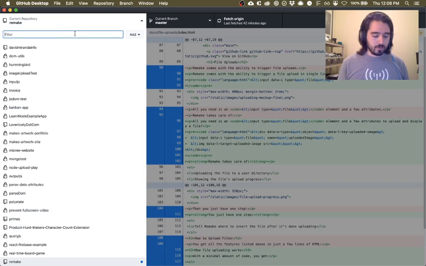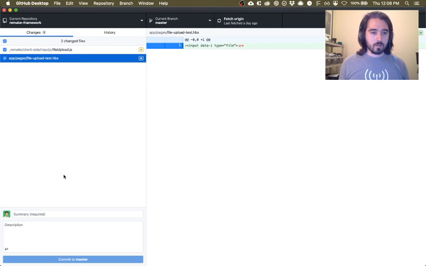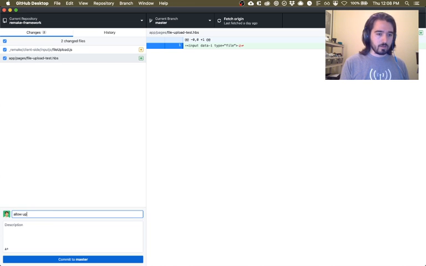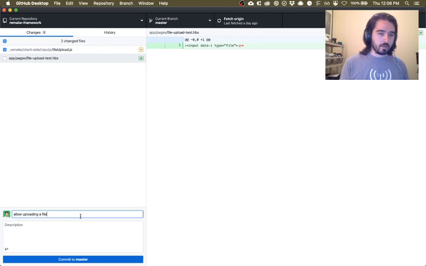So let's go into Remake framework, and we're going to say allow uploading the file, and let's uncheck this actually so we don't commit that. Allow uploading a file